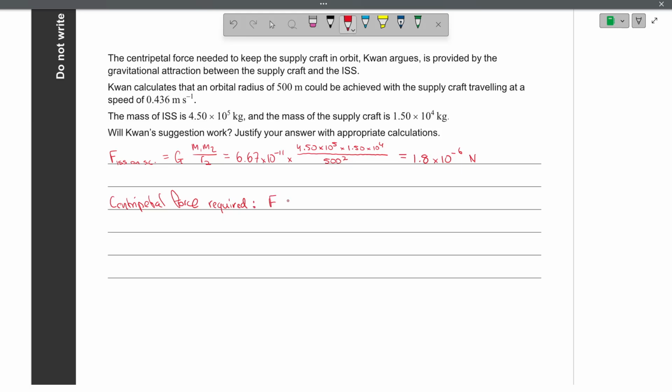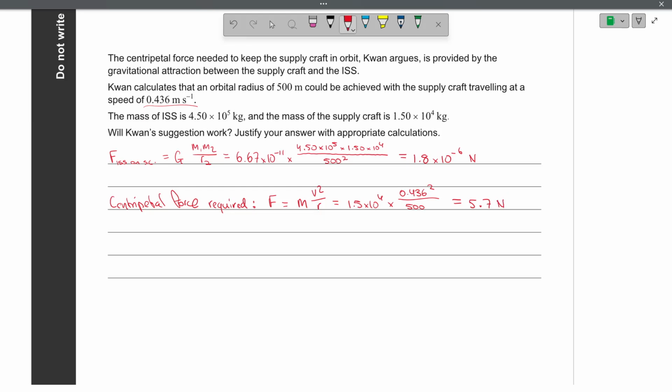Well, we know the centripetal force is equal to mv squared over r. We've been given an orbital speed v and an orbital radius r. The mass of your supply craft is 1.5 times 10 to the 4. The orbital speed is that, 0.436 squared over the distance r of 500. Okay, typing this into a calculator ends up giving you about 5.7